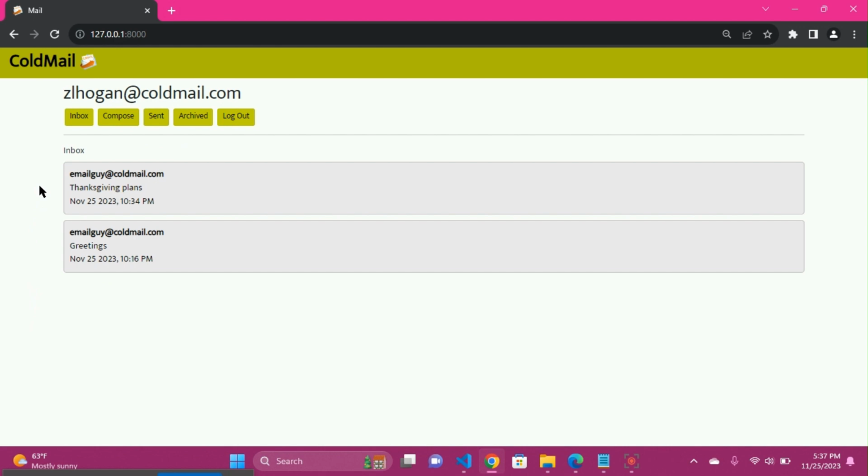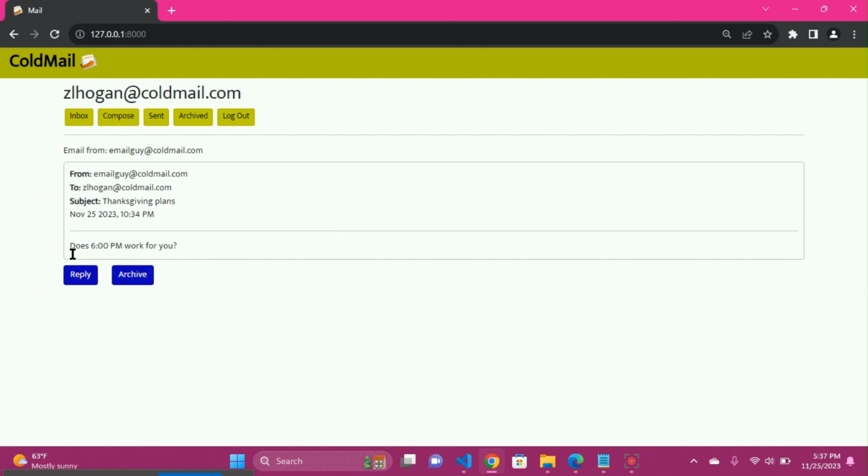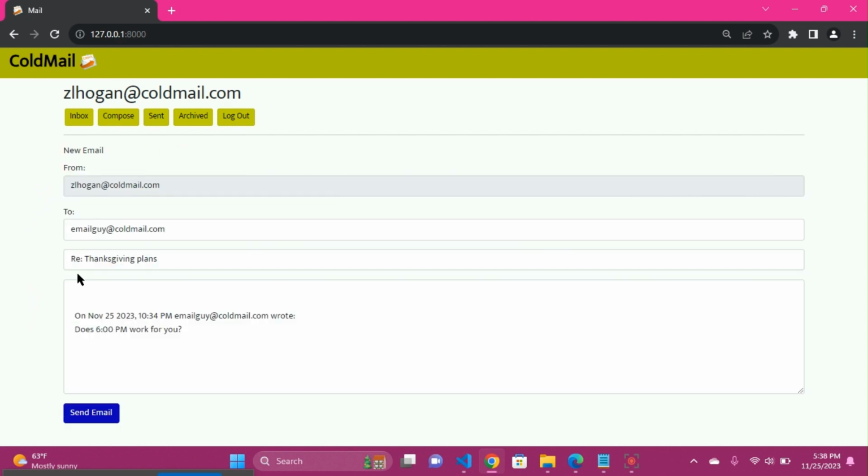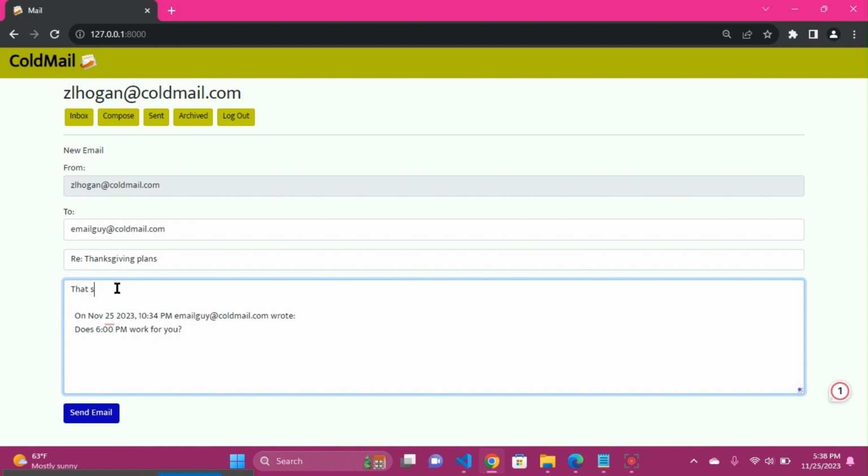And now we also have the option of replying to emails. So if we click on this email and we click reply, the recipient field is automatically filled with the person that originally sent us the email, as well as the subject field and the body where we can see the previous text that they sent to us. So we, again, can reply to that and say,